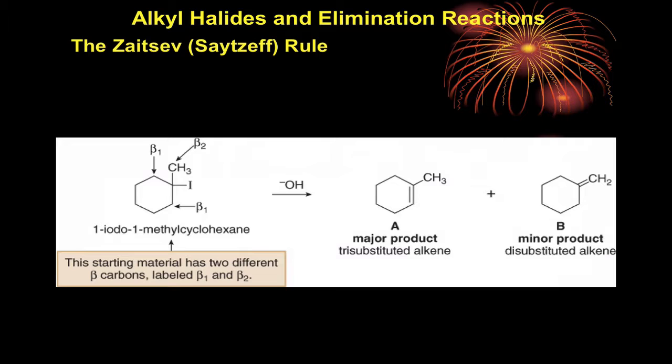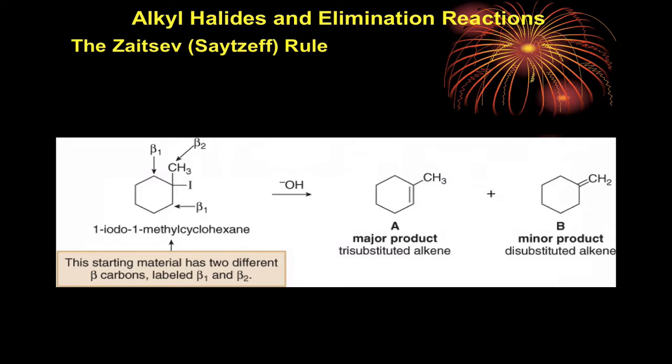All right? And so when we look here, we've got beta 1, and what kind of carbons are these? They're secondary, and what's beta 2? It's primary. And so this secondary carbon has to have fewer hydrogens, and you do the elimination. Now, it doesn't matter if you eliminate from this beta 1 or this beta 1, you get the same product. Okay? And so you should be able to predict which of the alkenes you're going to get as the major